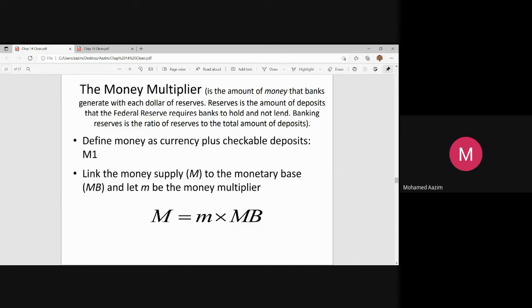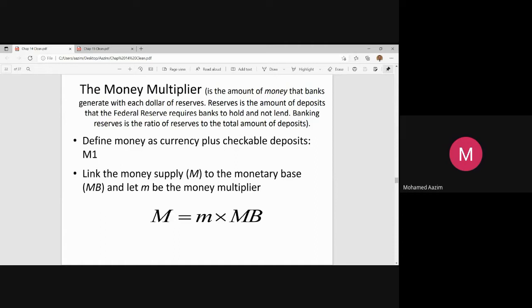Maybe if you withdraw before the time defined for the fixed deposit, you might lose the interest, or you have to pay a penalty to the bank. There are certain conditions, but checkable deposits is not the case. You can withdraw at your discretion. So C plus D is M1, currency plus checkable deposits,